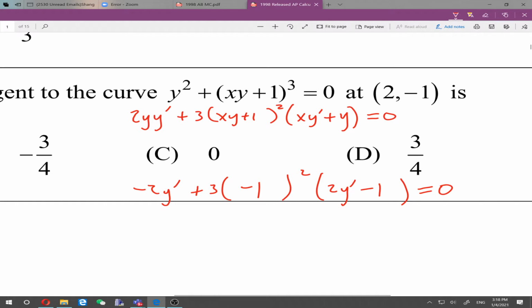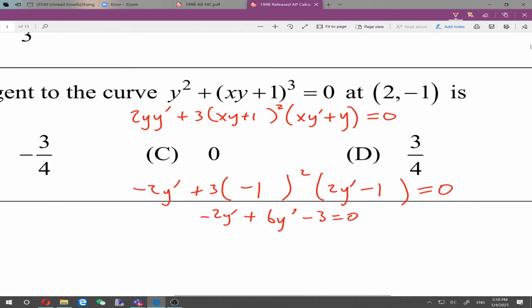And we need to solve for y prime, so I'm going to add everything up. So this is negative 2y prime plus, what's going to happen here? Nine. So I've got 3 times the negative 1 squared is 3. So then I've got 3 times the 2y prime is 6y prime, and then 3 times the negative 1, minus